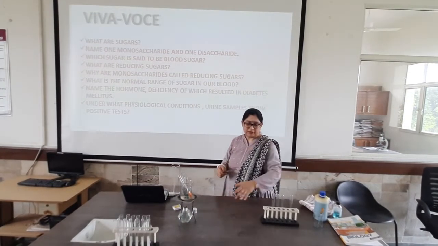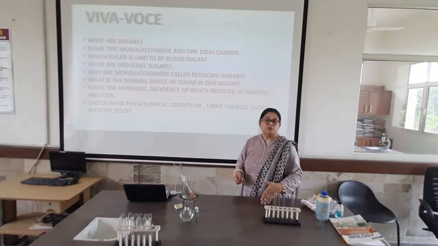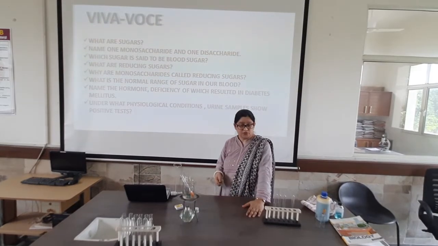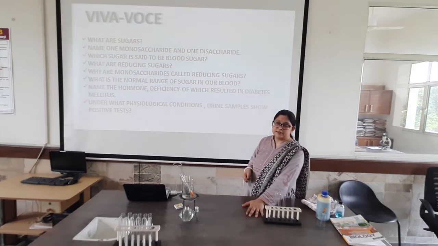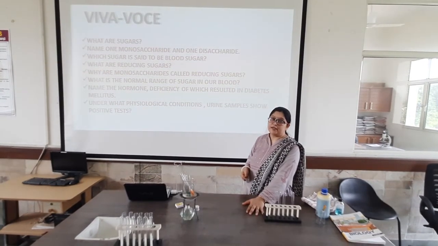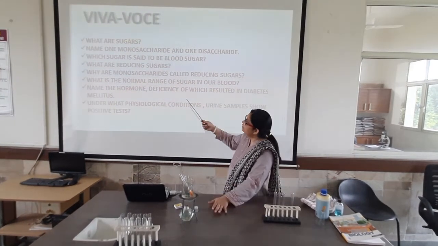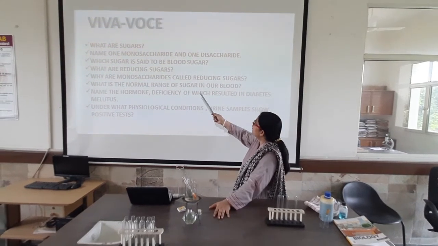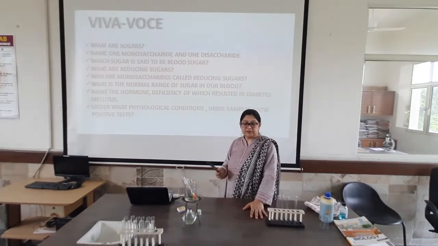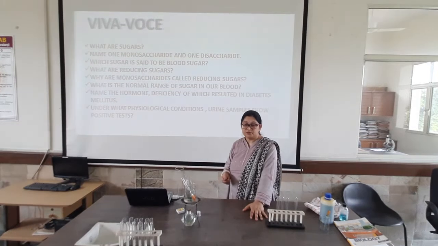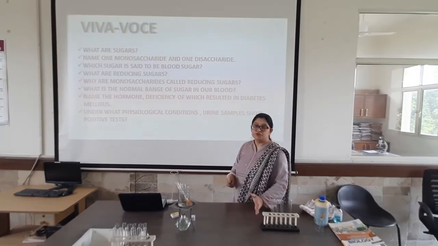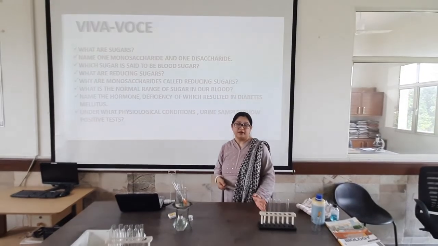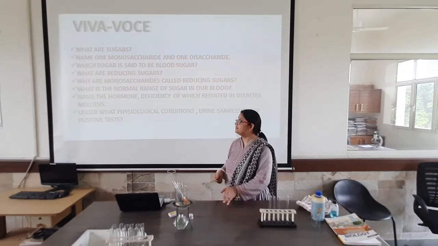Most of them, I mean to say all the monosaccharides, are reducing sugars, because they have either an aldehyde group or a keto group. So glucose has an aldehyde group while fructose has a keto group. Now, why are monosaccharides reducing sugars? As I said, because they have aldehyde or keto groups, which are reducing functional groups that can reduce copper 2 ions to copper 1 ions.